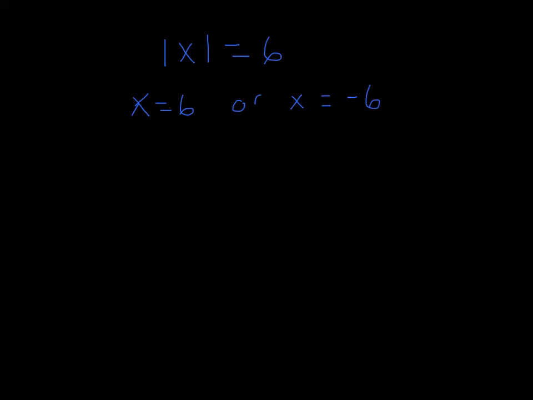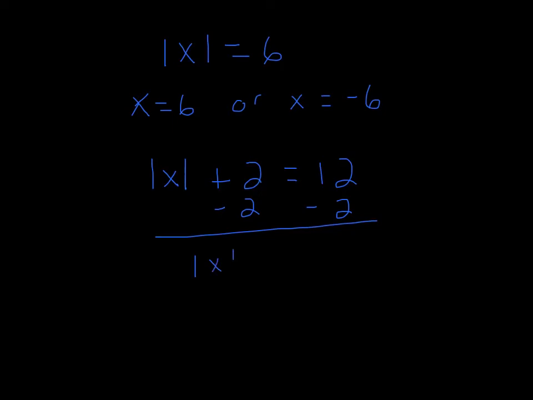Okay, so now in the next example they have here, they have the absolute value of x plus 2 is equal to 12. So the absolute value of what number plus 2 is going to equal 12. Just like we did when we didn't have an absolute value, what you have to do is get the part inside the absolute value all by itself. So we're solving for the absolute value here. How would we get rid of this plus 2? We would subtract 2 from both sides,